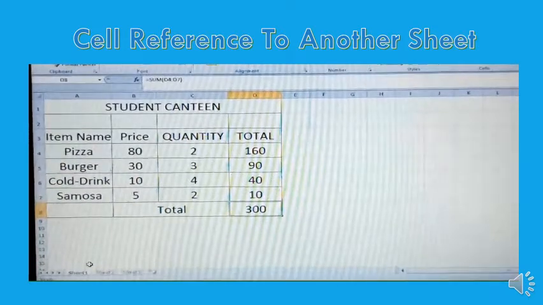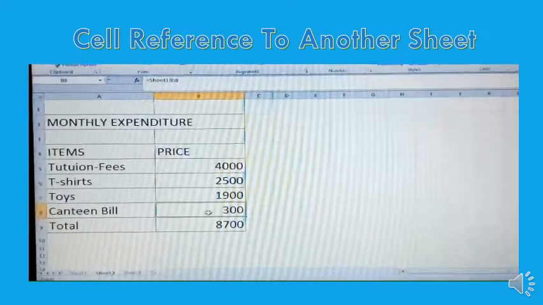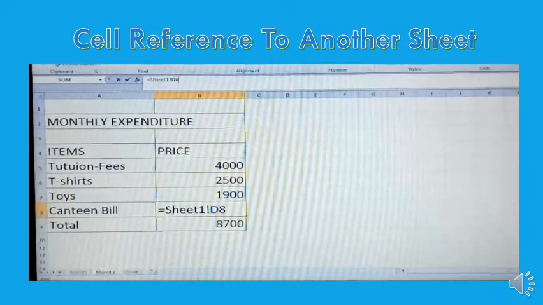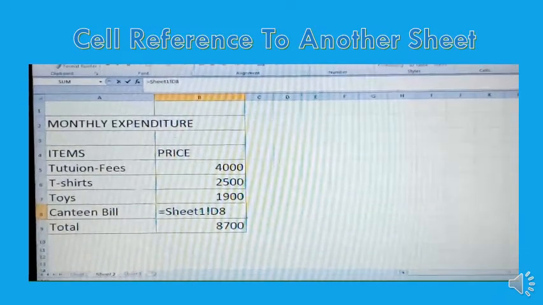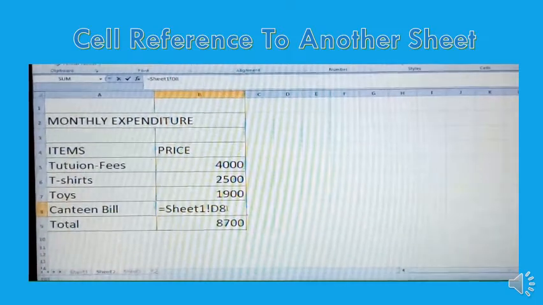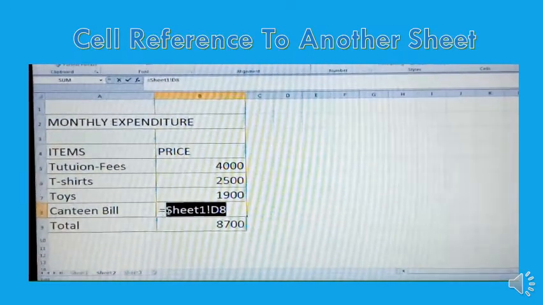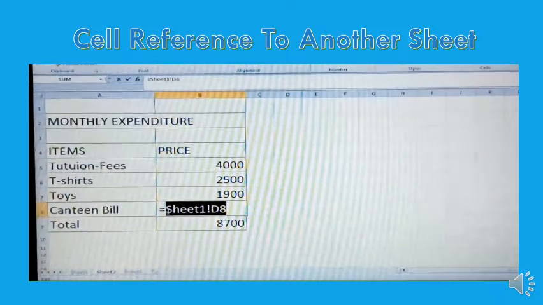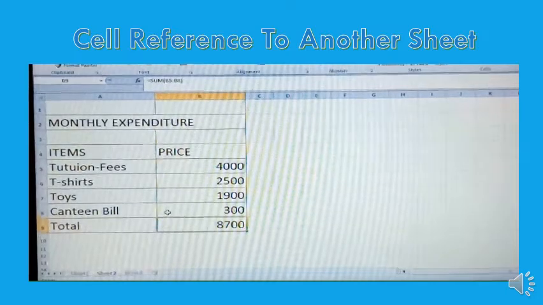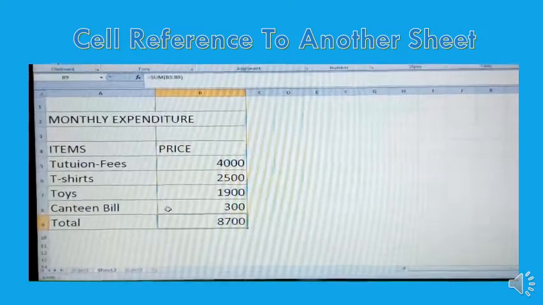Now I will take the reference of this cell into another sheet. See how we can take it. Sheet 2. Click here where we have to take the reference. This is my formula. How can we take the reference? First write the sheet name. What is the sheet name? Sheet1. Then use the exclamation sign and cell number. So we are taking the reference of the D8 cell of sheet number 1. So directly you will get the value of that cell here. So this is cell reference to another worksheet. In the same way we can take the reference of one cell into any other.